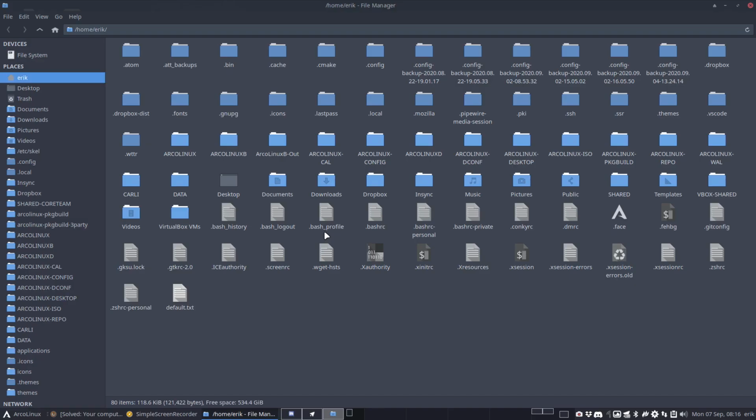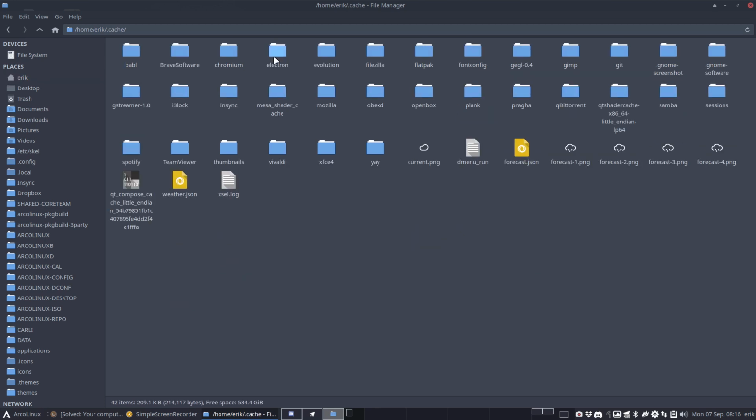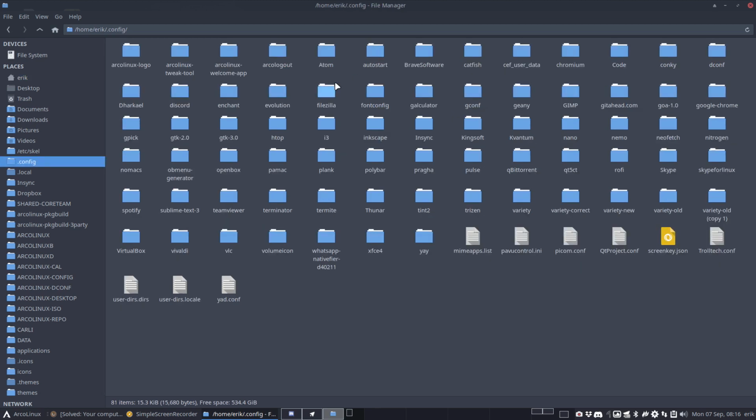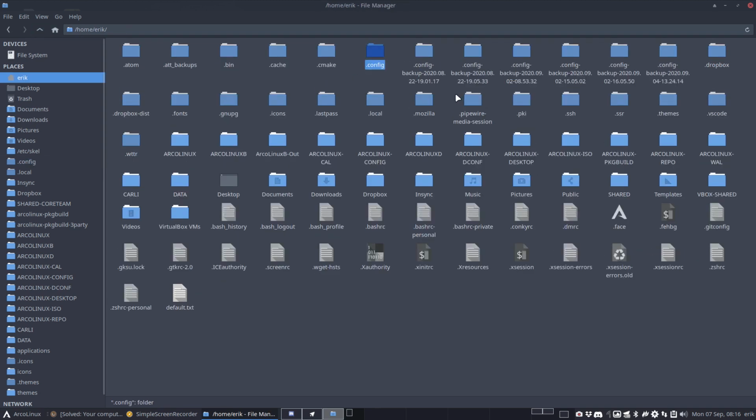What did I do yesterday? I went to look in the cache if there was anything called Dropbox, deleted it. I went to look inside config. Is there anything Dropbox related? Delete it. If there is a .dropbox, delete it. If it's somewhere in .local reference, delete it. Sudo pacman -R dropbox, it is gone, right? So you would think that would be a clean install again if we installed sudo pacman -S dropbox again, but still